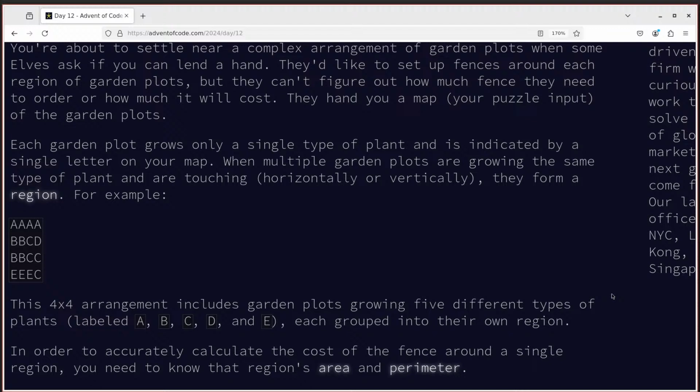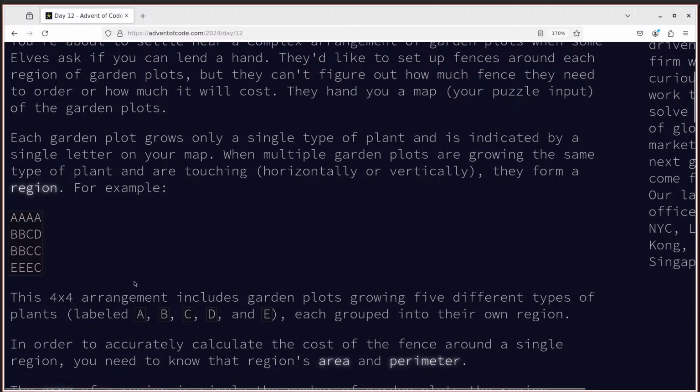Okay, so looking at the challenge I've written that, the bit I've read so far is you have the garden farm layout, and you have plots inside here, and it's things with the same letters that are touching. And you need to work out